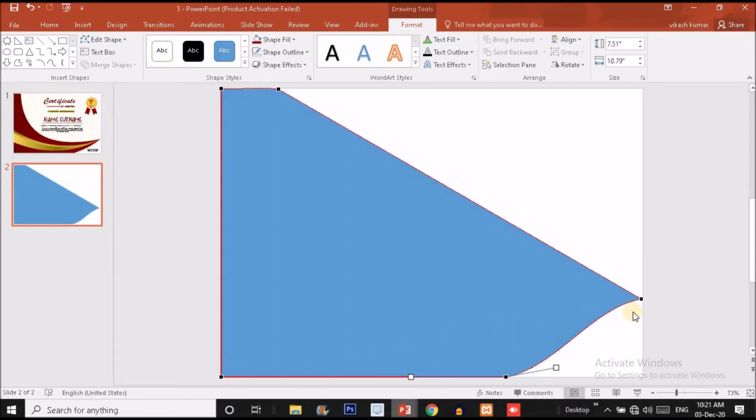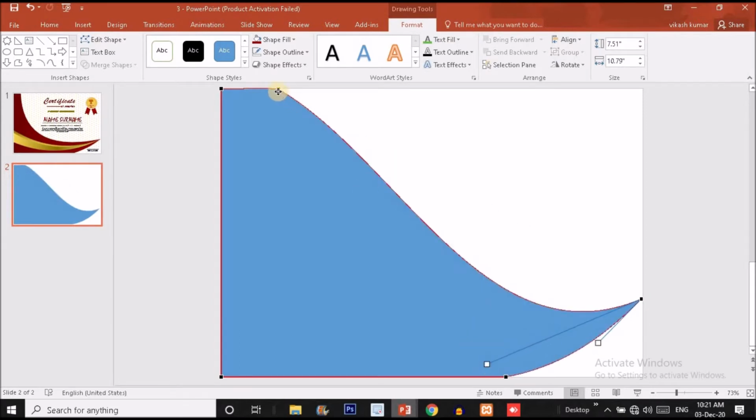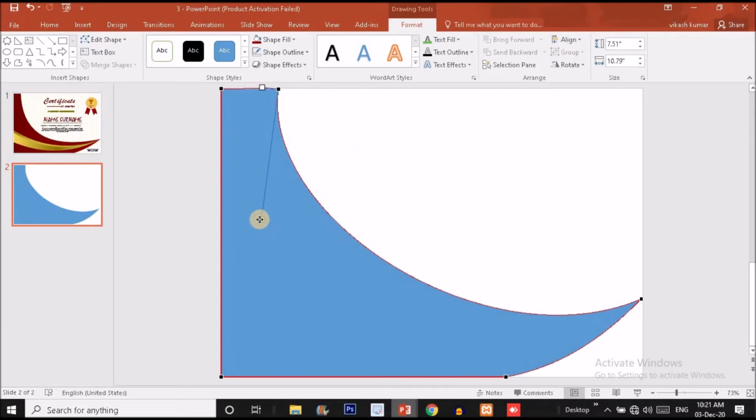Okay, now click on this particular black point, and drag this handle something here. Drag this handle something here and click on here and drag this handle something here.